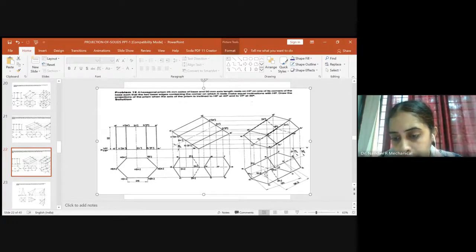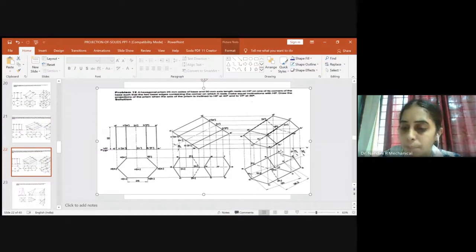Once you construct the apparent length, we have to extend this apparent length axis towards the XY line. Once you extend it, it will get an inclination to our XY line with some angle, which is called our beta angle. Please measure the angle beta and show it. Also draw a box and show within it beta is equal to the angle you are getting. Now we have shifted the axis here to our apparent angle beta, which is our apparent length.